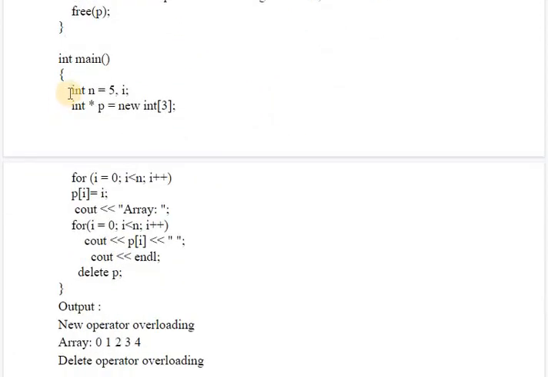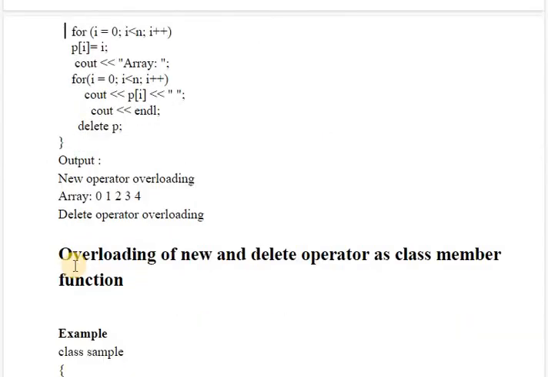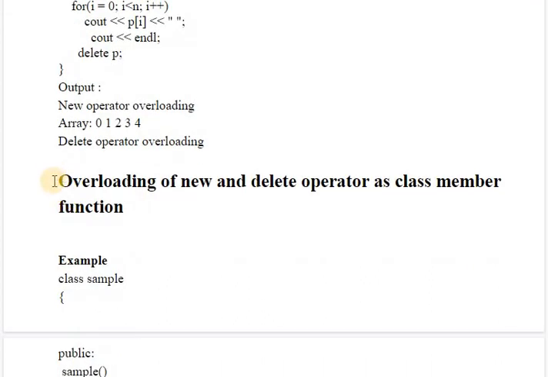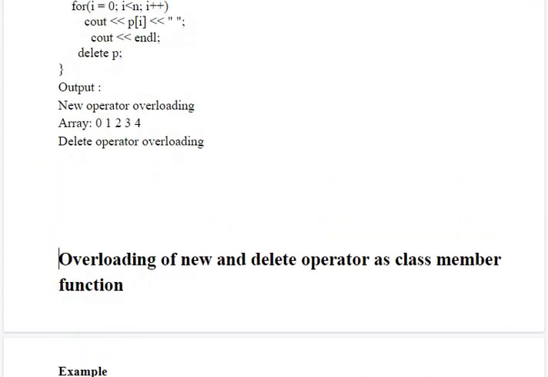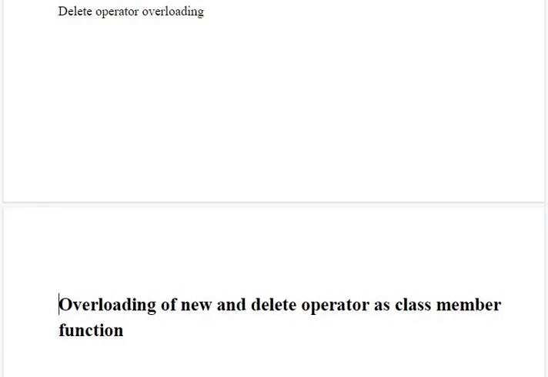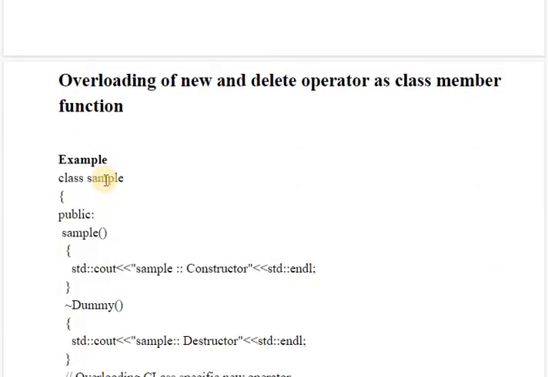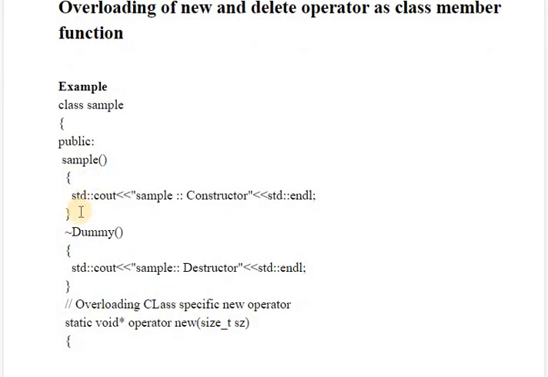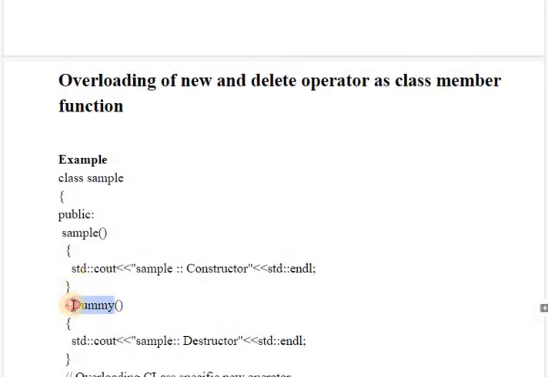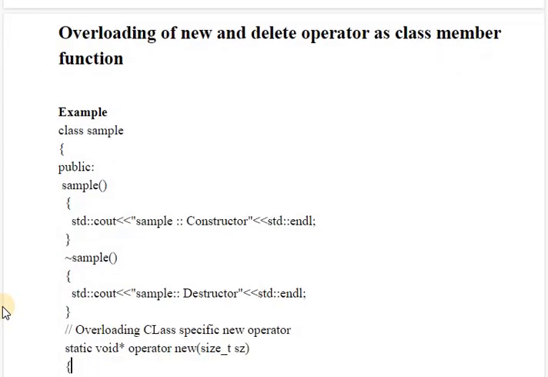Okay, so in the simple case, here we are creating the array again, and to enter the values of the array we have taken a for loop here. So these are very simple examples to understand the concept. Now if we create the operator function using a class member function, how is it going to work? So this is the class sample one, constructor and destructor we have taken here. So next we will move on to the operator function.